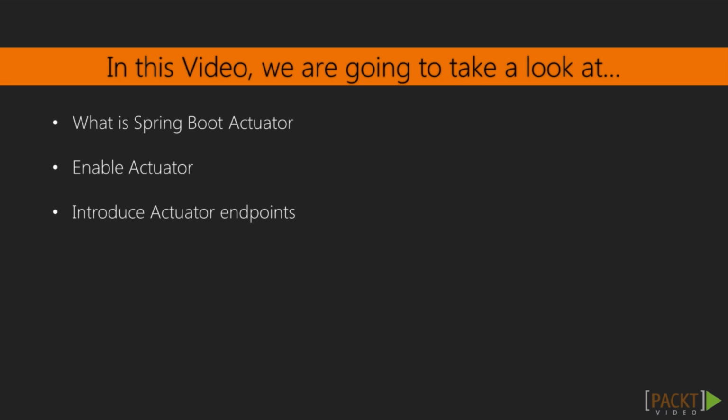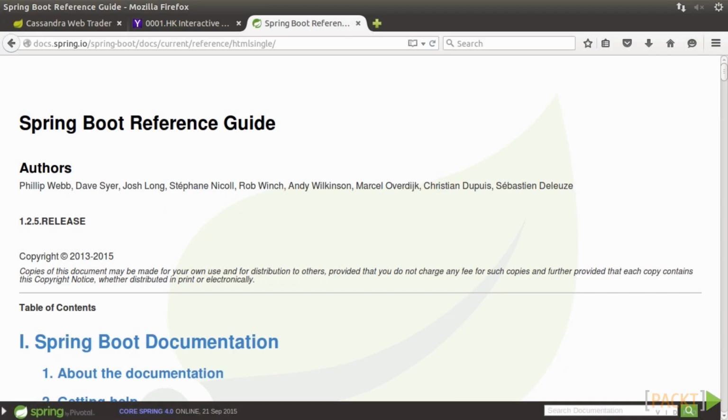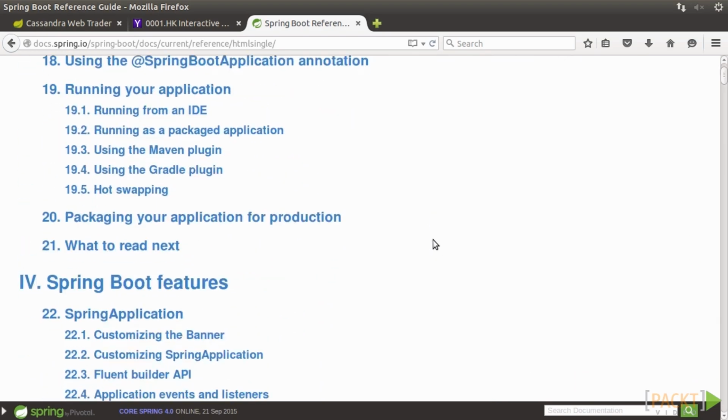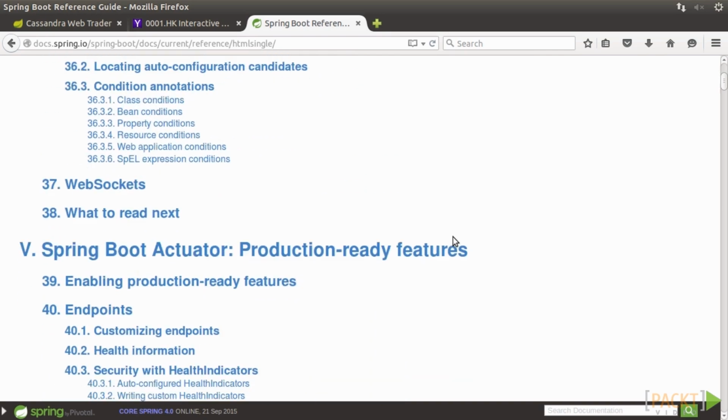We'll set up the Cassandra WebTrader application to enable Spring Boot Actuator, and we'll then test run some of its functions. If we go to the official Spring Boot website and read the Spring Boot reference guide, Spring Boot Actuator is